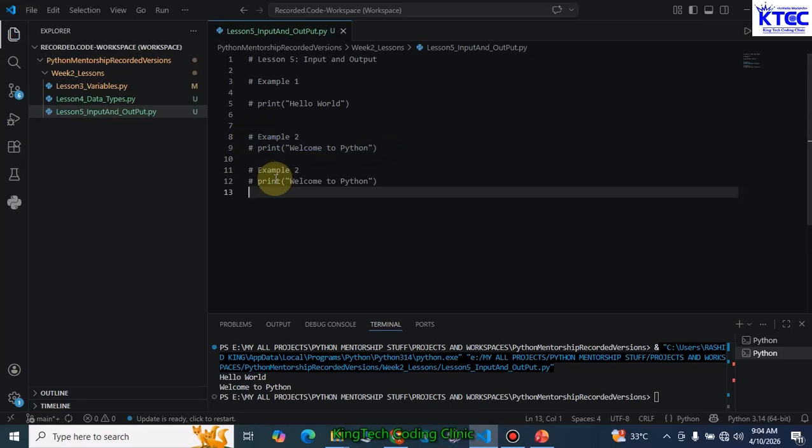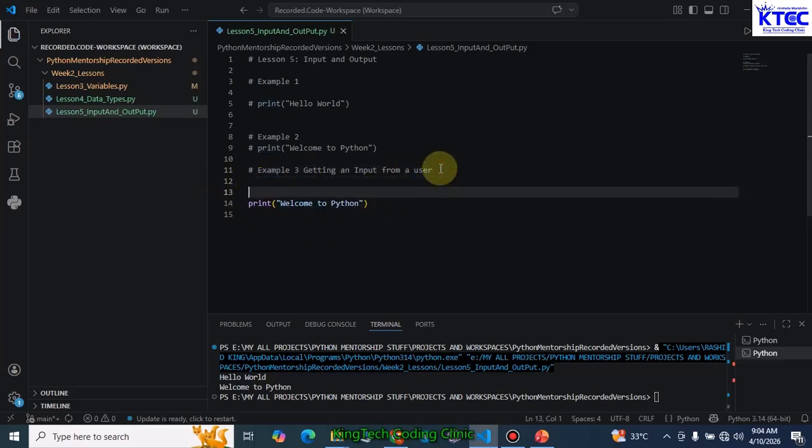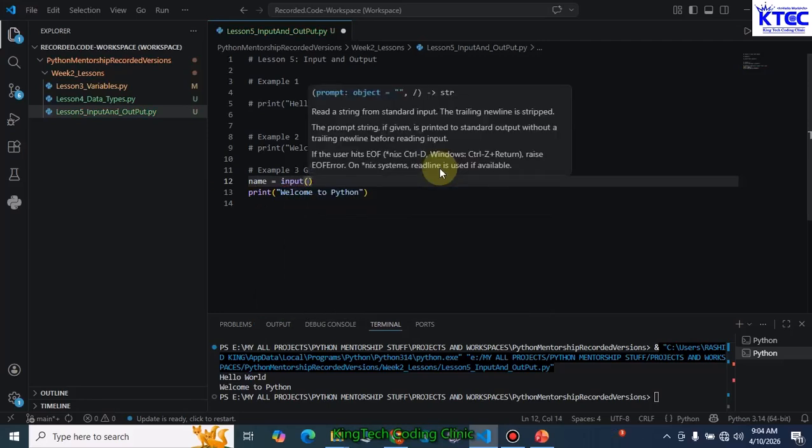So example 3. Now let's say we want to take an input. Example 3, getting an input from a user. In this example, we're going to get an input from a user. To get an input from a user, all we need to do is to declare a variable where we want to store that input the user is going to give to us. In this case, I want to collect a name, so I'm going to declare variable name, and then here, I'll use the input keyword. Then I'll open the parenthesis. Then I'll say